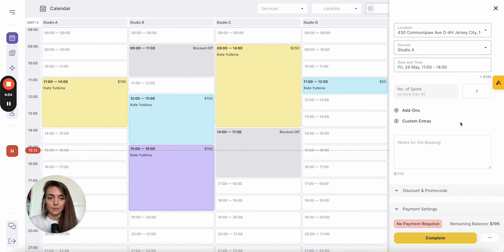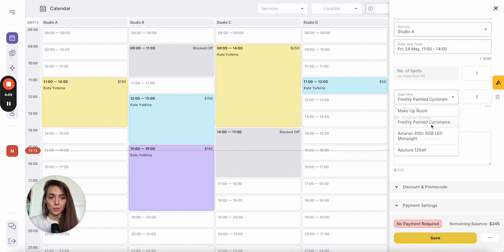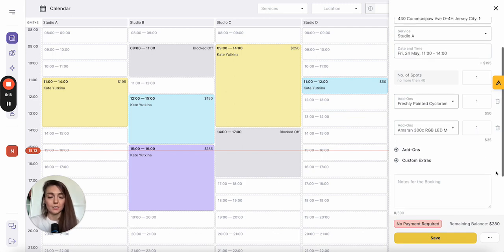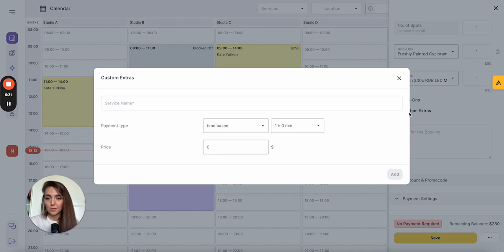You can add the number of people. You can add your extra charges and manage them from here, with the same flow as on the online booking page. You can manage the number of items from here, and it is calculated right away in your total balance. Also, this is a very nice part. For example, if you don't have an add-on in your list, but you have to charge something, like a custom extra, you can just